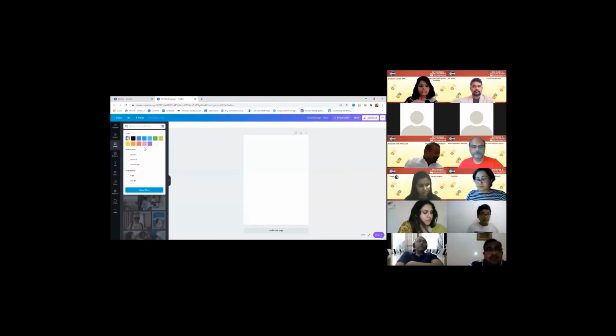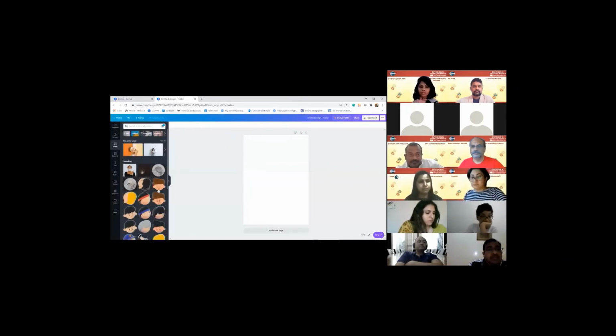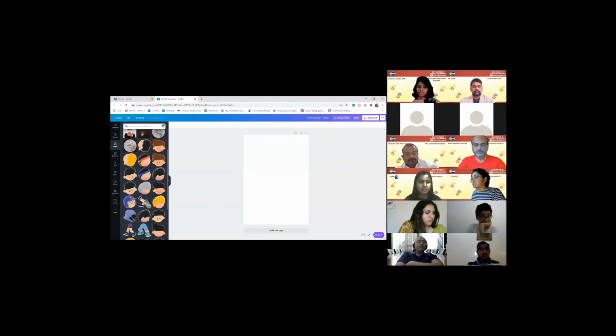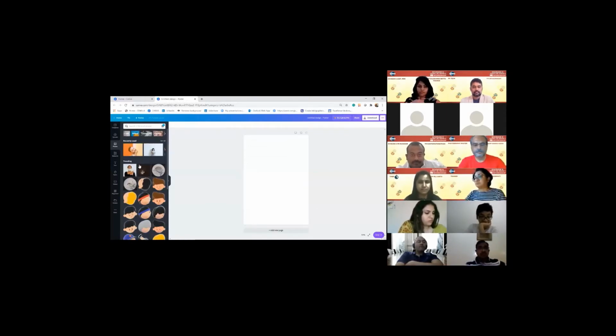Now you want to take a picture which is black in color. You click on the black color. You want to have a picture which is square, so you click on square and a free version. When you click this, you would see all the pictures which are in black, but we will not be using these. This is just for information for all of you.